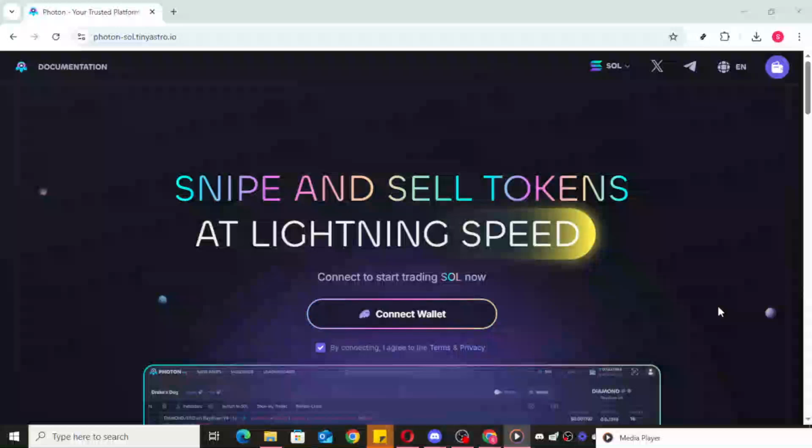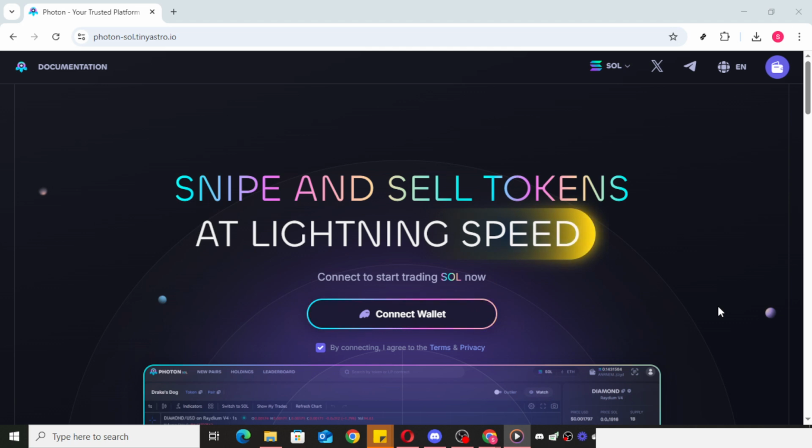In today's video, I'm going to teach you how to connect your Phantom wallet to Photon using a simple method that involves using your private key. While it's not possible to directly connect an existing Phantom wallet into Photon, there is a straightforward workaround that you can use. I'll guide you through the process, step by step, to ensure you can successfully achieve the same end